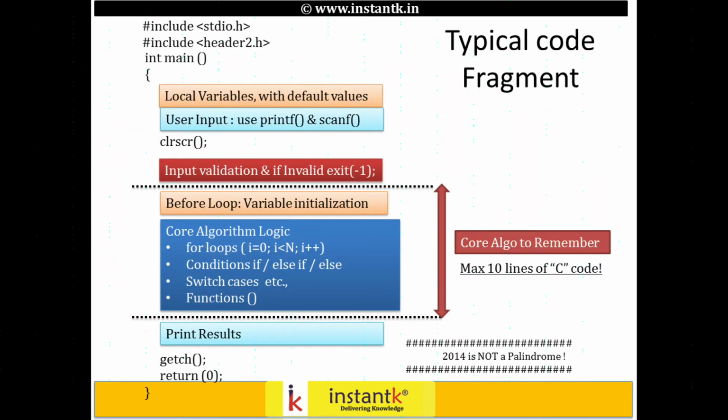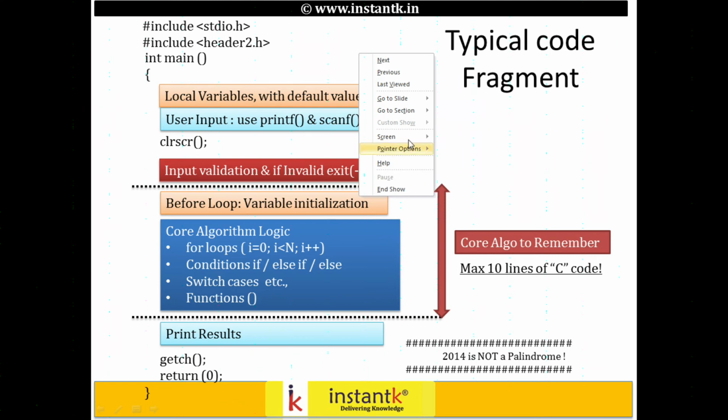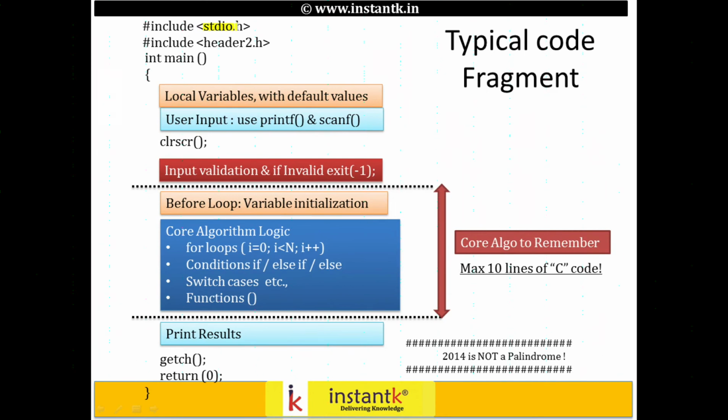Also, this is a typical code fragment. There will be some headers. By default, what we use is stdio, and you could also optionally have a couple more, like math.h, stdlib, or string, whatever. That's it. Then comes the main part. You could have an int as a return type, or you could have void. If you have a return int, you have to return something here.